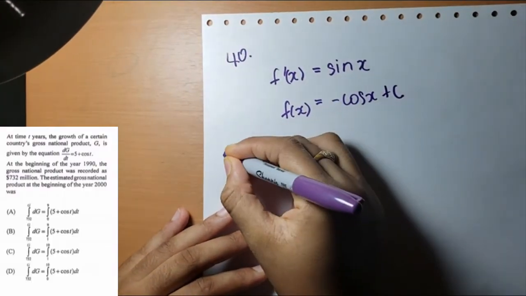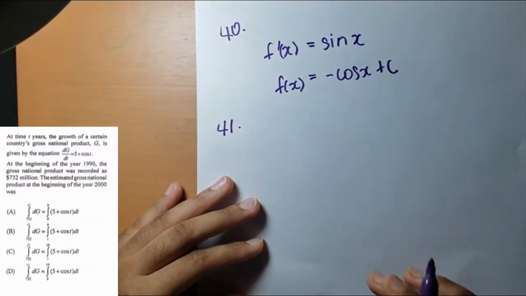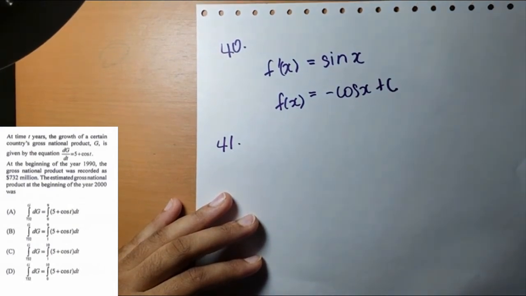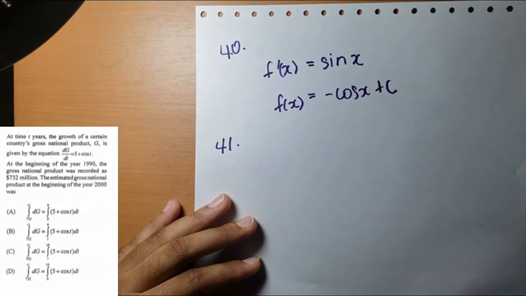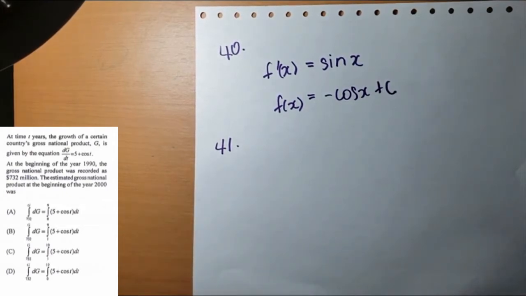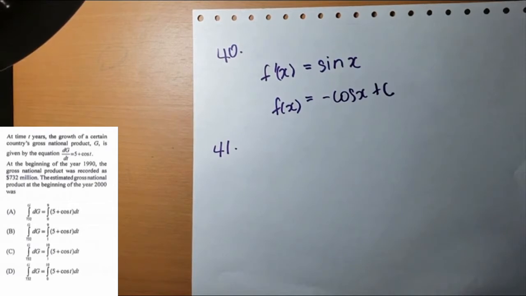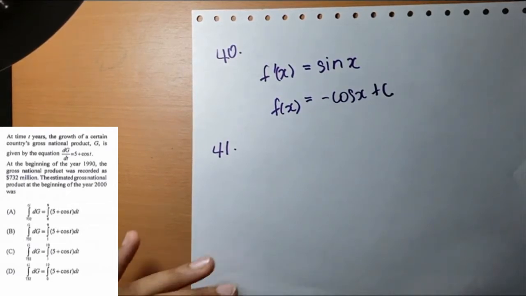Okay, so number 41, it looks daunting. Honestly, it looks daunting, but it is not. If you read through the question, you realize that this question is probably one of the easiest ones on the paper. So it tells us that at a time t years, the growth of a certain country's GNP, G, is given by the equation